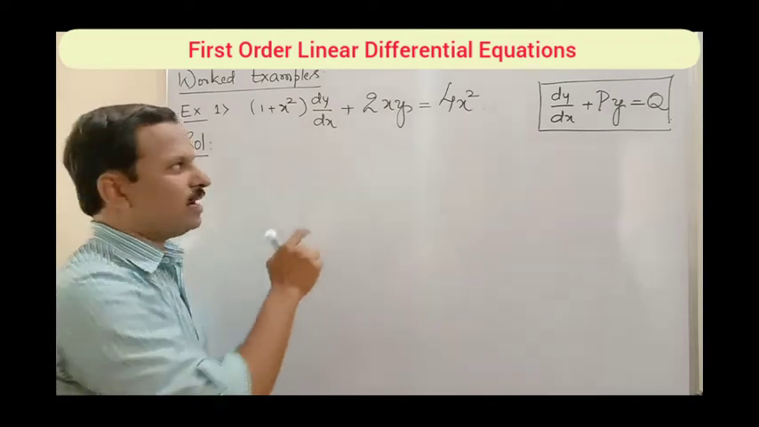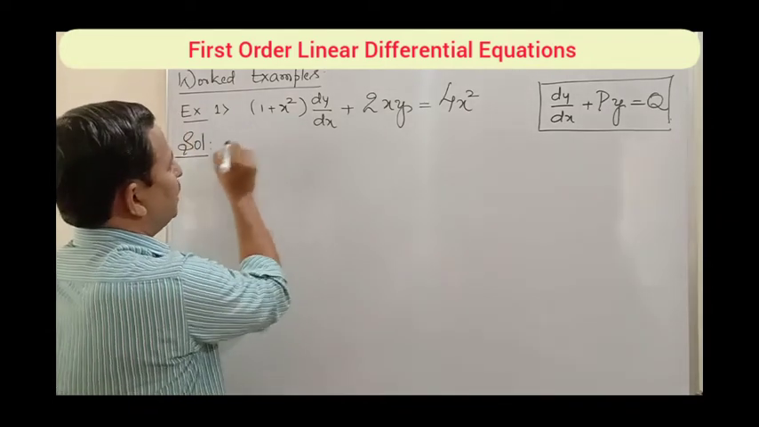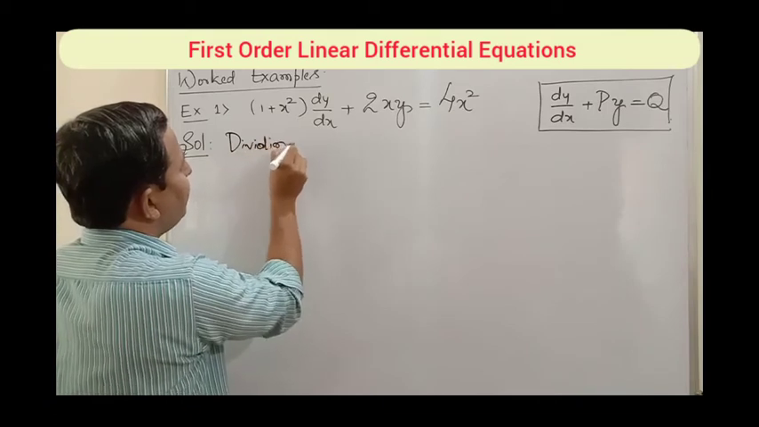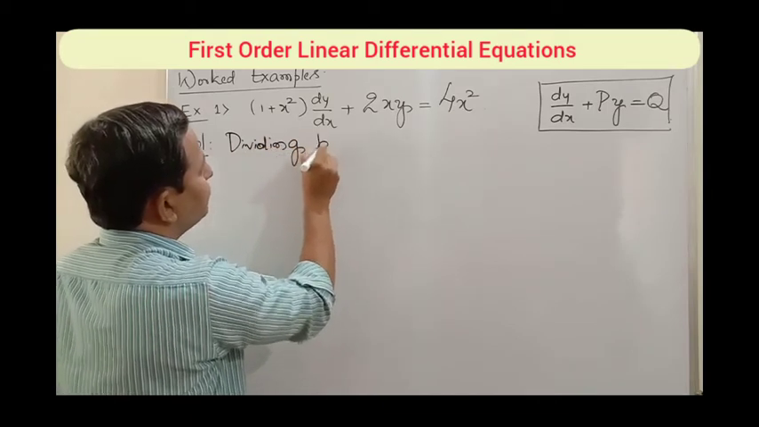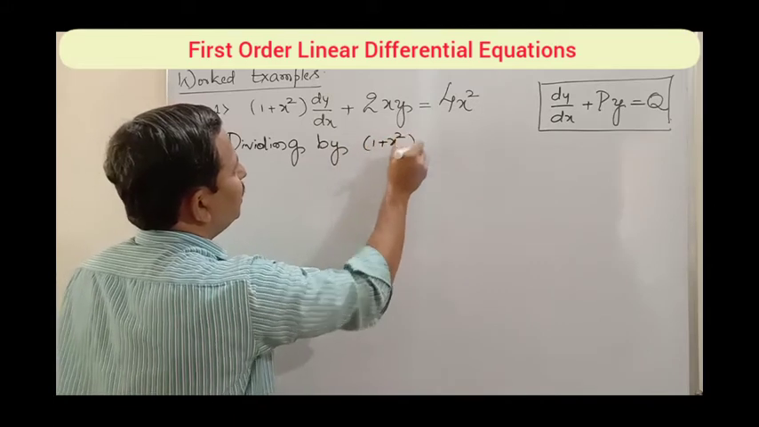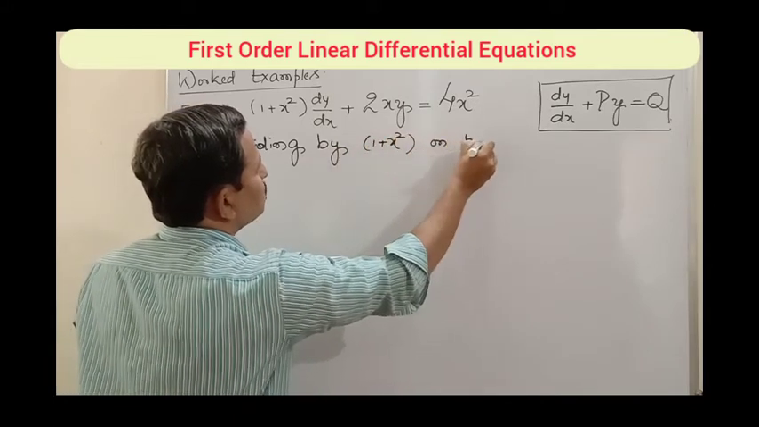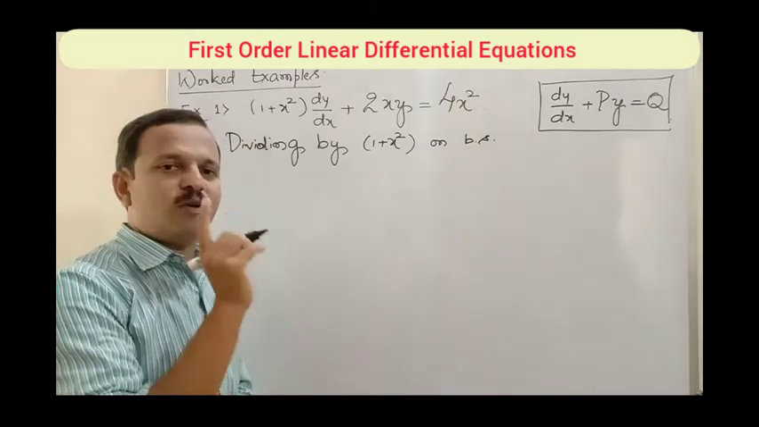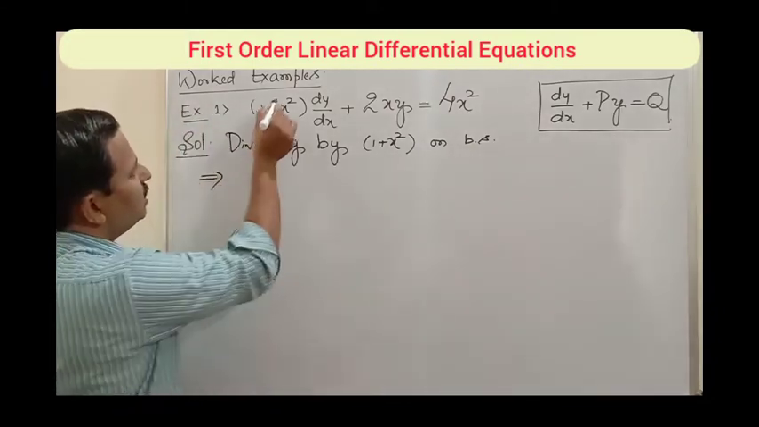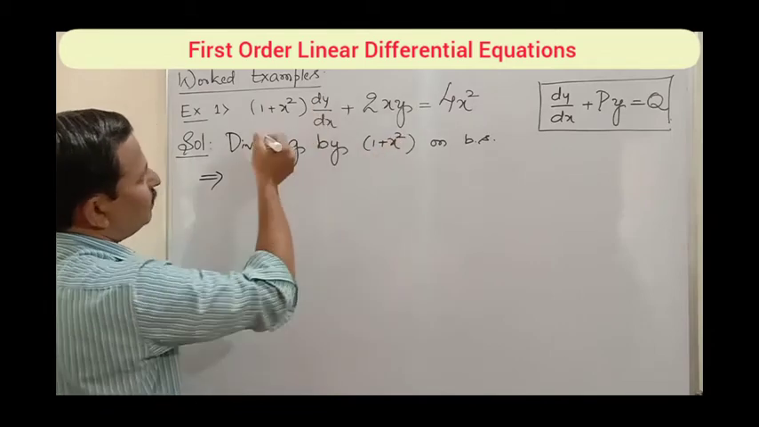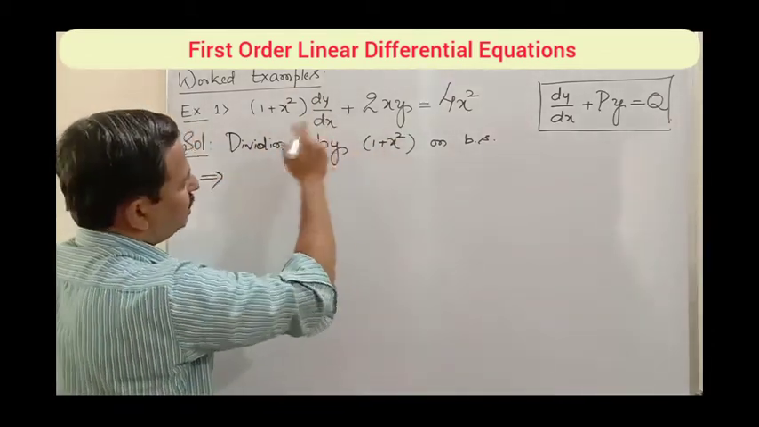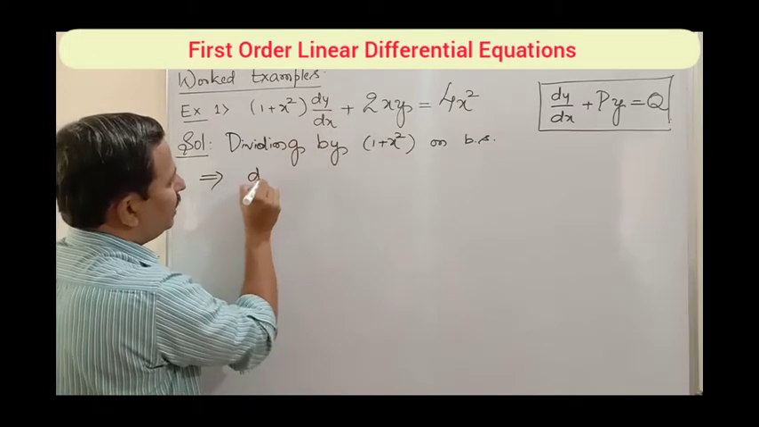So first we have to convert this differential equation to that format. How to do that? By dividing with this factor. So on dividing by 1 plus x square on both sides, what happens? This 1 plus x square cancels out because we are dividing, so this divided by the same thing is 1 into dy by dx